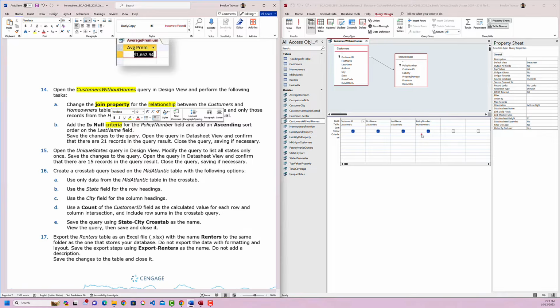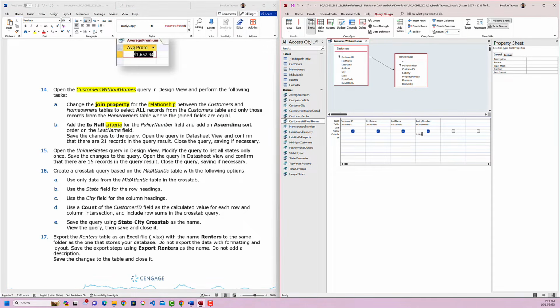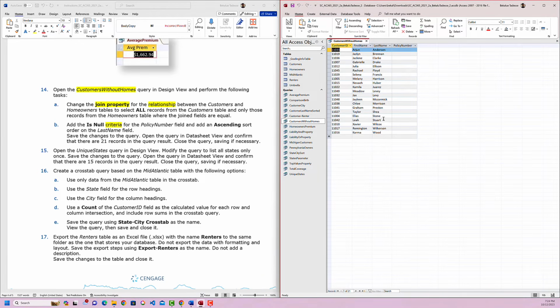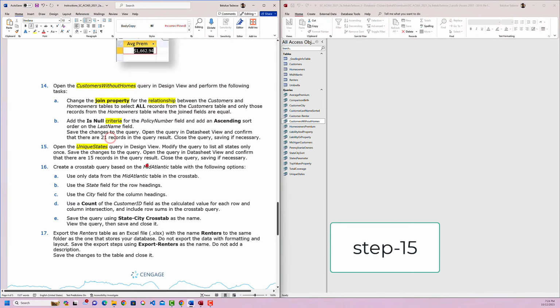So go to criteria, has to be is null, and then we have to do ascending, sorting by ascending order on the last name field. So last name field, sort by ascending, and save the query and run it. So this will give you this result, which is 21 records, and the policy number is null. So that's right. Step 15,